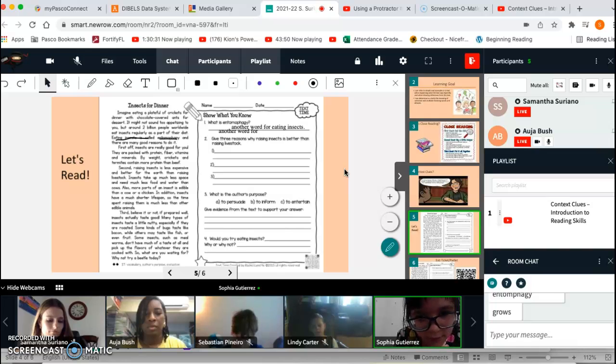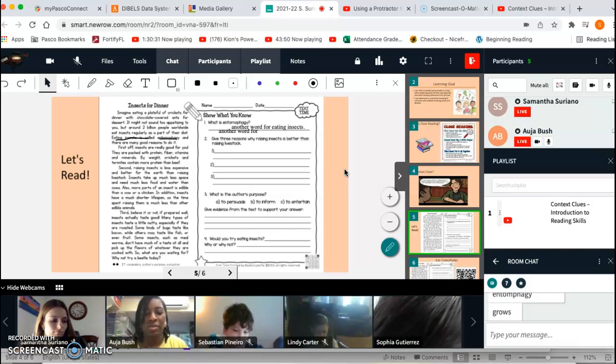Also, more parts of insects are edible than cows or chicken. In addition, did I say that right? In addition, insects have a much shorter lifespan, so